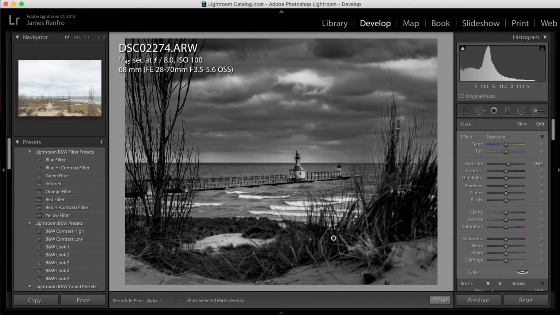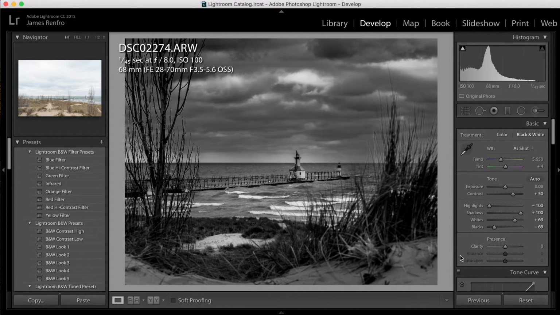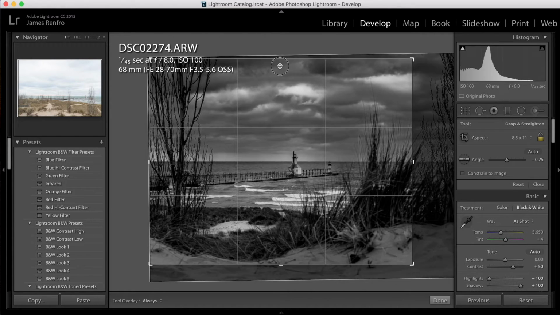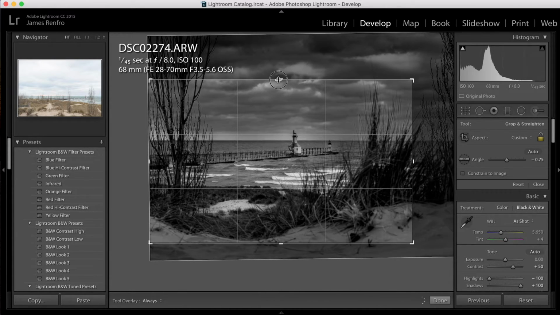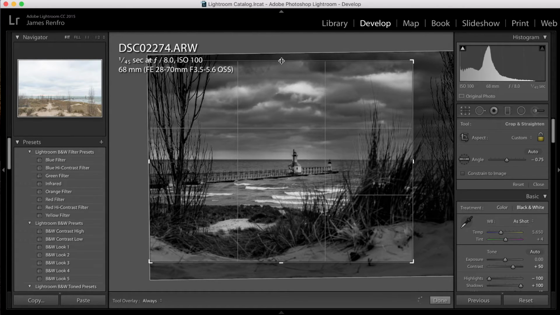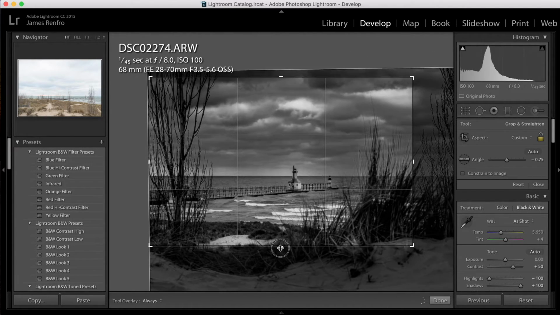So I think that's pretty much all I'm going to do on this photograph. I mean, pretty simple. We've done some brushing, got everything set up. I'm going to subtract a little bit of clarity there, and voila, that's pretty good. I might change my cropping just a tiny fraction of a little bit. I really like those clouds, but I think